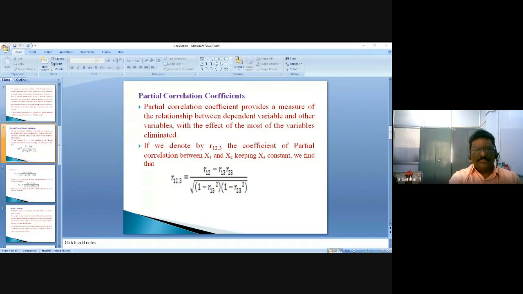Here also an example. Weight of a person can be depending upon their height, age, sex, etc. Sex is not a variable here. Sex is only an attribute, a qualitative variable. I cannot use sex here; I may use height, age, and so on. The formula for measuring the correlation is this.